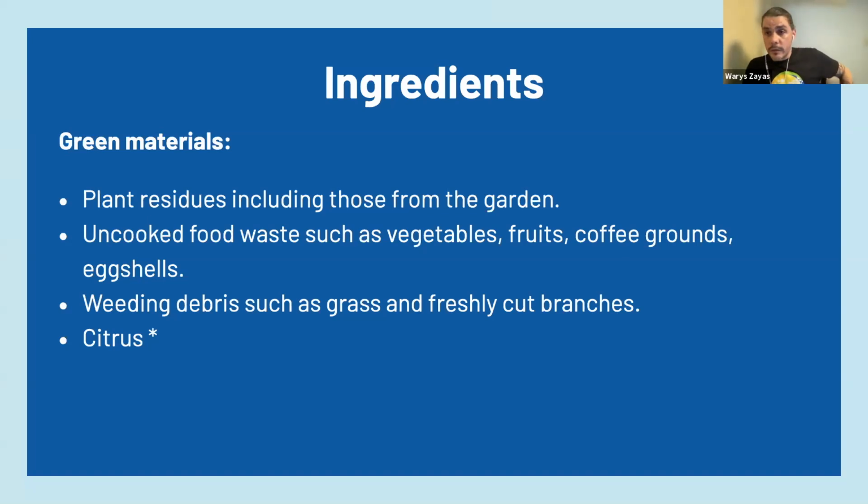And we can use citrus too. Sometimes if you read in forums or look for literature, most people do not recommend including debris from citrus, from oranges, limes, etc. in our compost pile, because it could affect the process. But in my experience, if you cut it well and chip this material well, and you add a good amount of other materials to mix with it, it will compost as well as any other organic matter there, right?